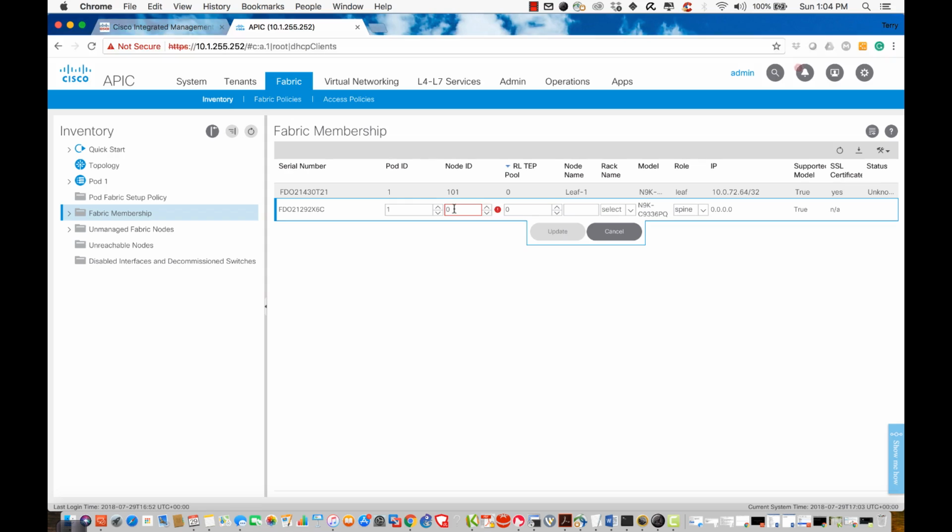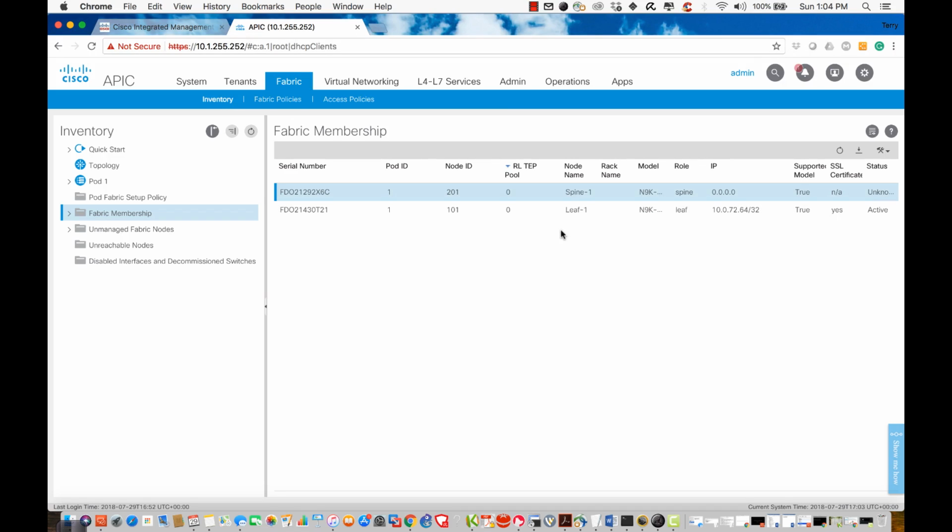So what I'm going to do is call this spine 201, and we'll just call it spine-1, and I'll hit update. It'll get an IP address. The SSL should actually come up as valid once we have verified the certificate authority, and ultimately we should discover leaf 2. And then I want to take the opportunity next to explore the topology drawing. So let's get everything discovered first, and then we'll look at how the topology drawing has